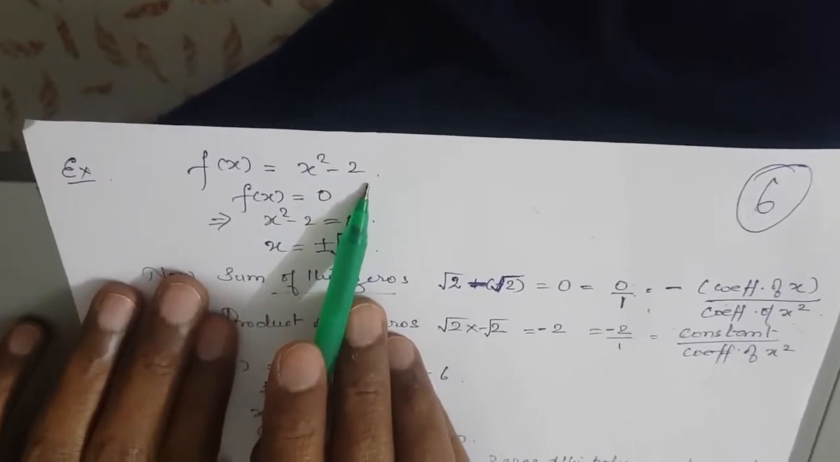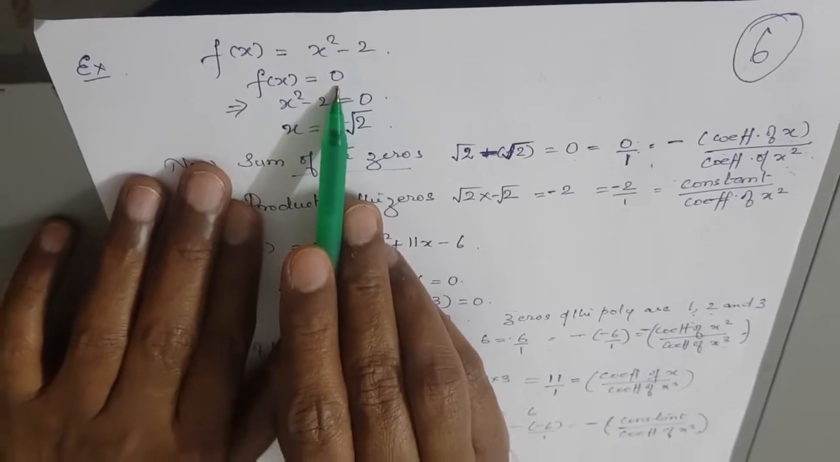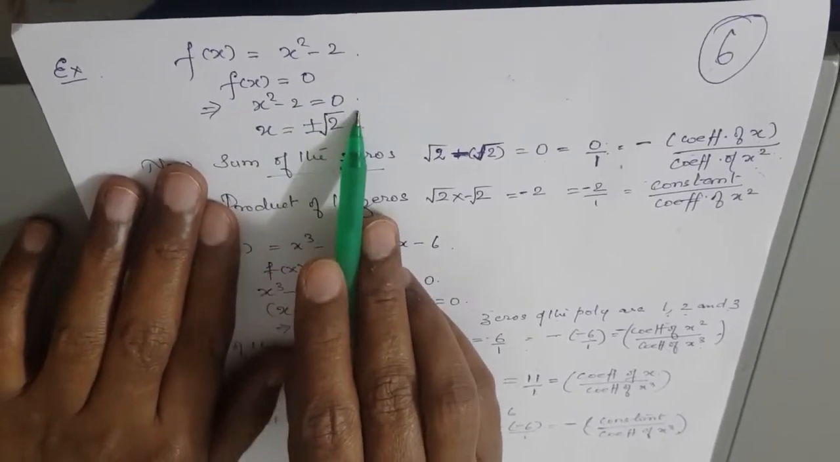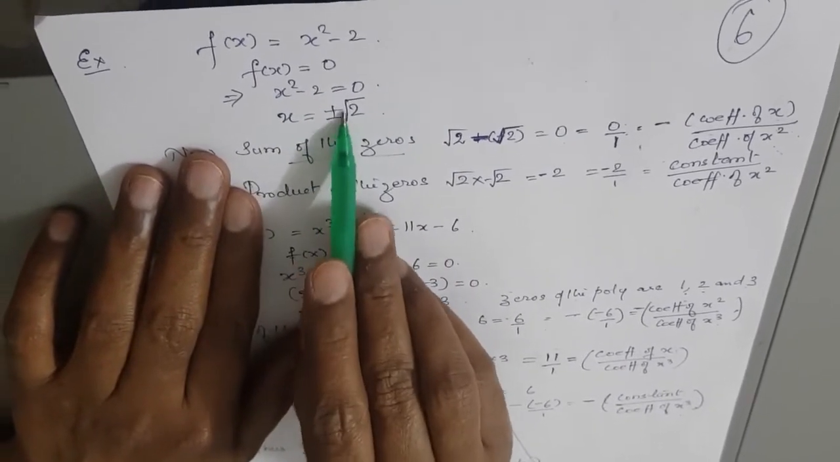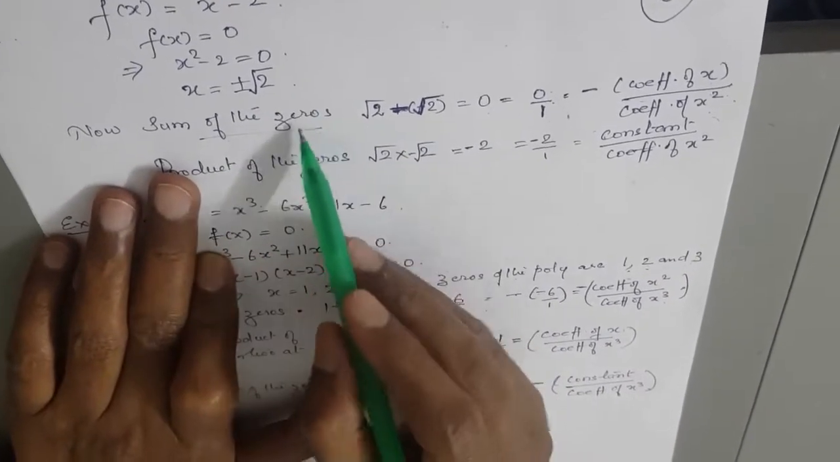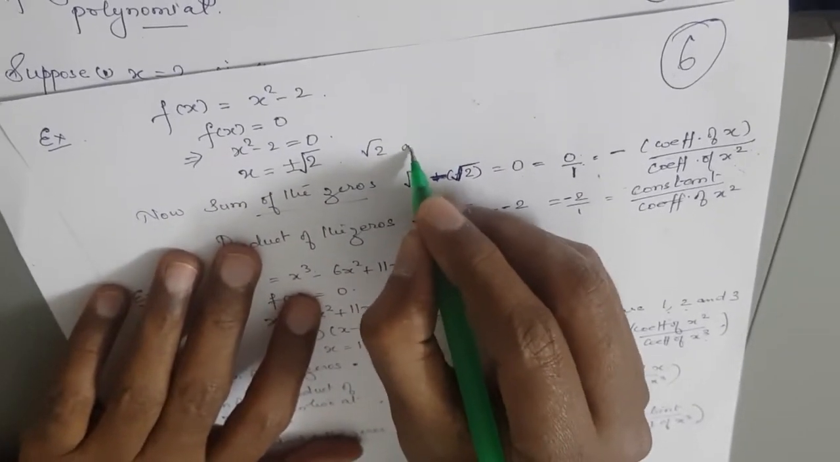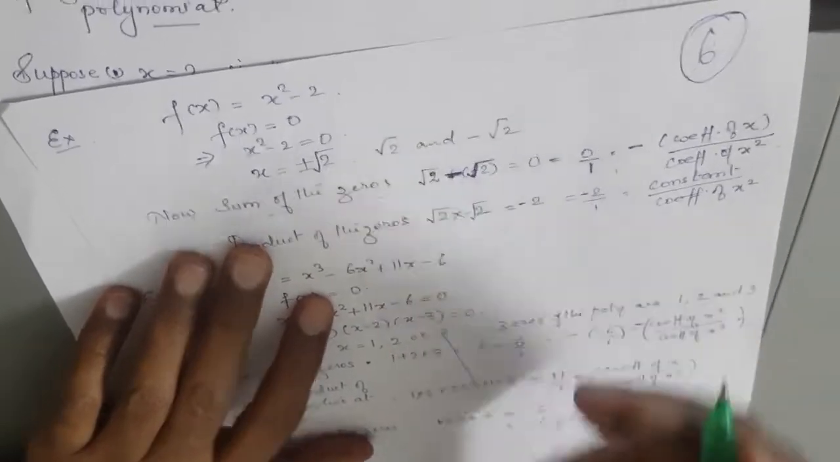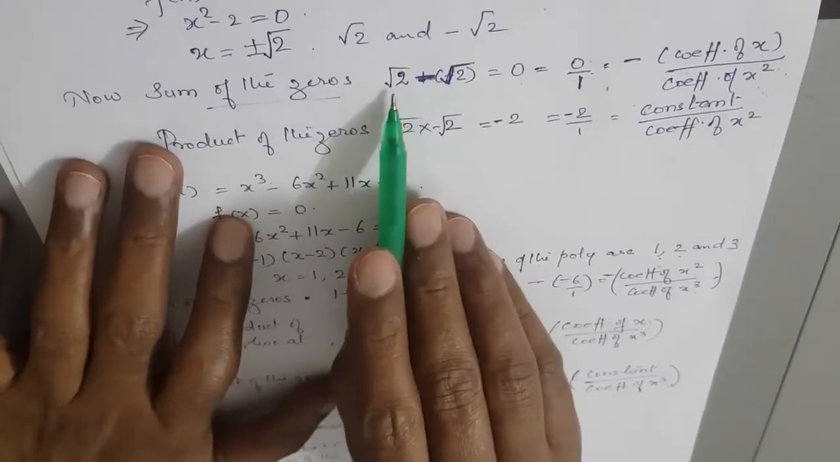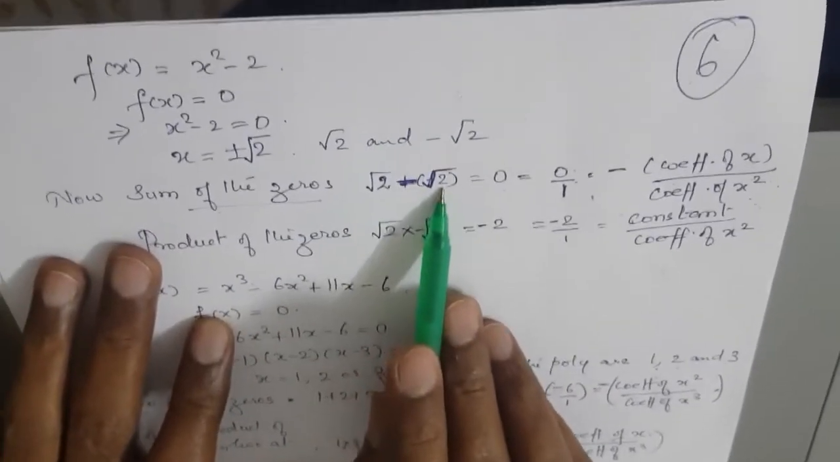Now next question. f(x) is equal to x square minus 2. To find the zeros, you will write f(x) is equal to 0. So x square minus 2 is equal to 0. So x is equal to plus minus root 2. Now sum of the zeros. How will you find the sum of the zeros? So the two zeros are what? Root 2 and minus root 2. So you form the sum of these zeros. Root 2 plus of minus root 2, and that is root 2 minus root 2, that is equal to